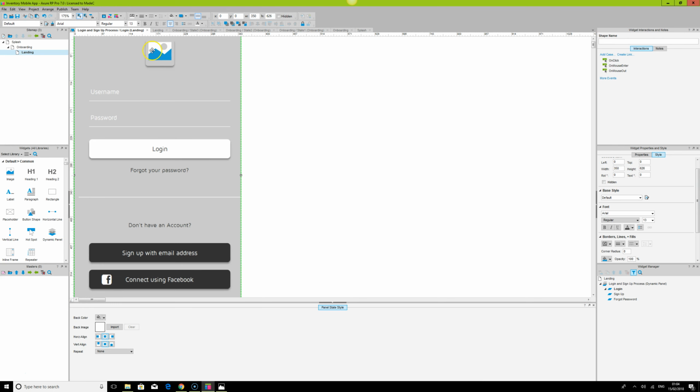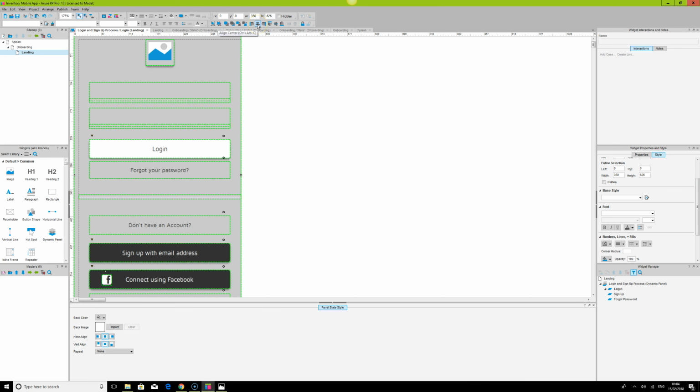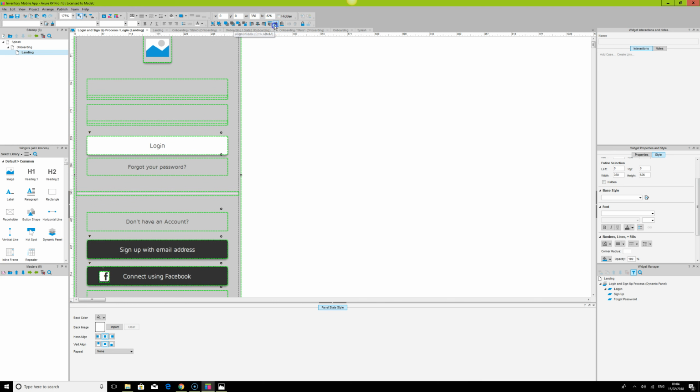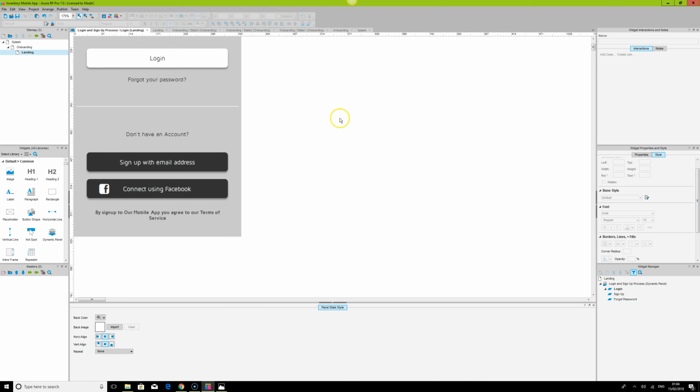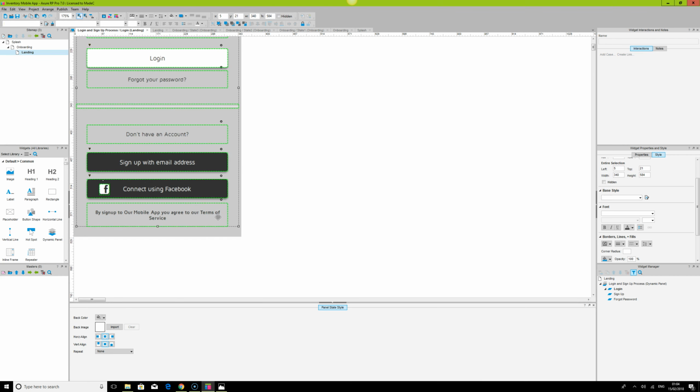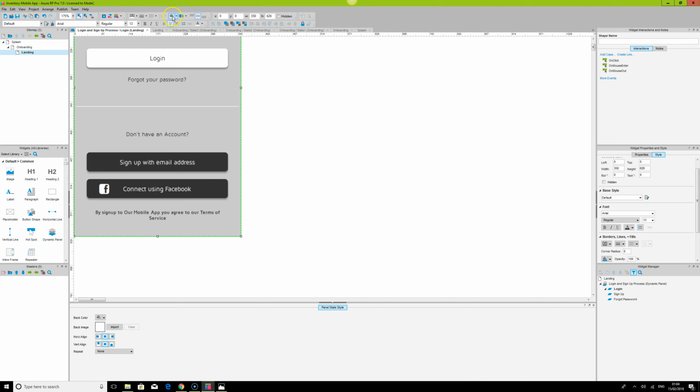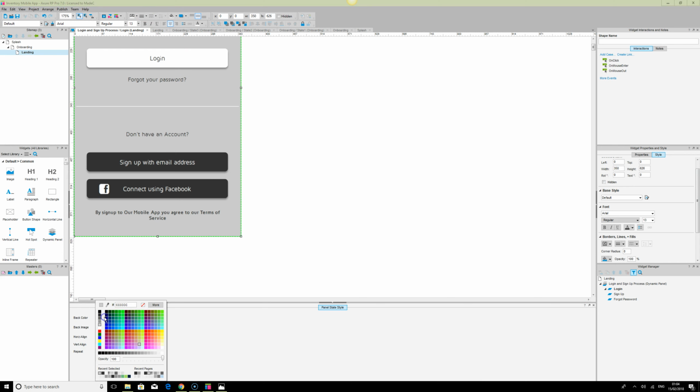What we need to do now is align this properly and make sure it's aligned center and middle. Once that is done, we just need to remove the back color that we have for this